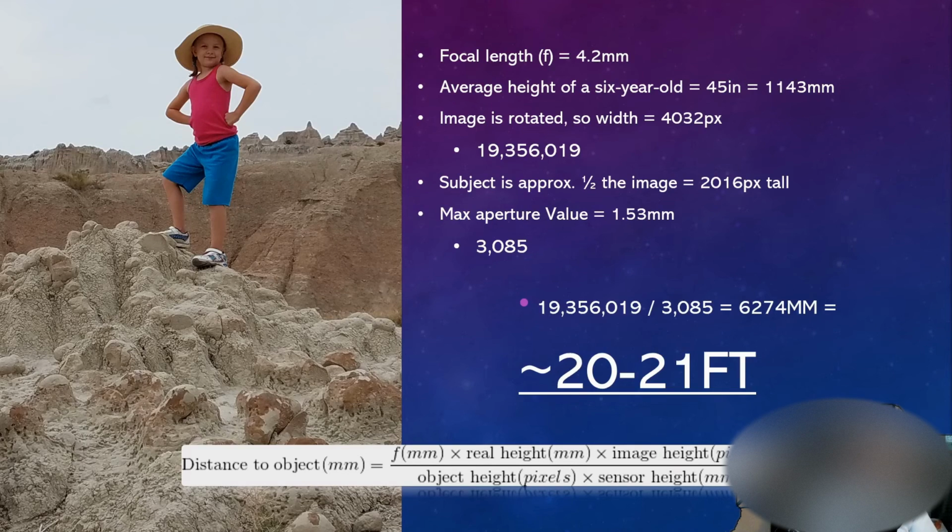EXIF data can also contain a lot of information that can be very convincing as long as it can be corroborated. And the EXIF data can contain such an incredible amount of detail that it can be used to corroborate maybe information that may not even seem apparent at first. Like, for example, in this image that you see here on the left in this slide, there's a girl that's standing on some sort of a hill. Now, the EXIF data may have been altered, so it's possible that we can't rely upon it. But if we're trying to